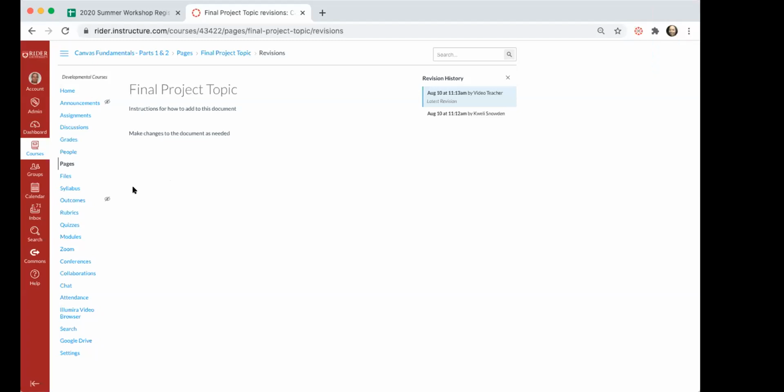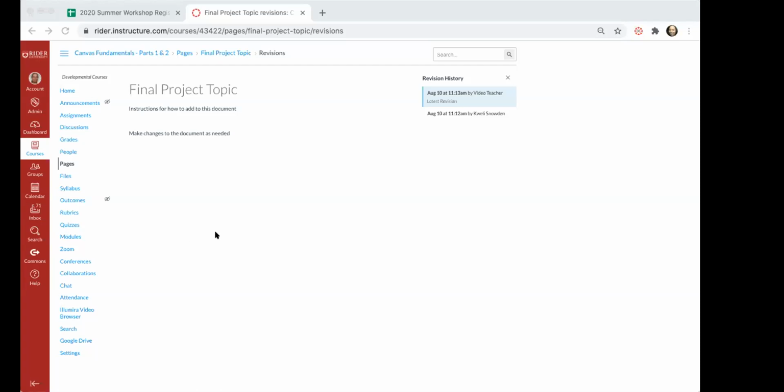Okay. So the second tool that we'll talk about is collaborations. And collaborations in Canvas allows you to give students a place where they can collaborate with each other on a piece of content. And that could be a Google Doc, a Google Slide, or a Google Sheet. It allows you to review the work that's gone on there because you always have access to the collaborations that you're creating. And it allows students to do this very easily, again, without having to sign up for a separate account for a third-party product, because all users at Rider have a Google account that they would be able to